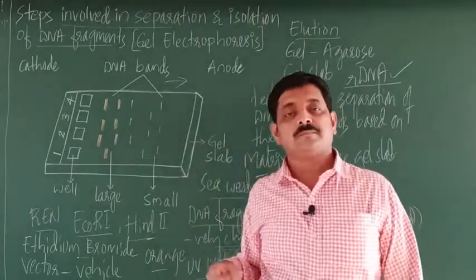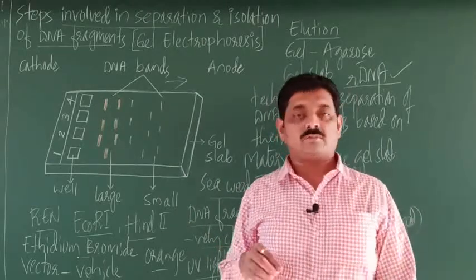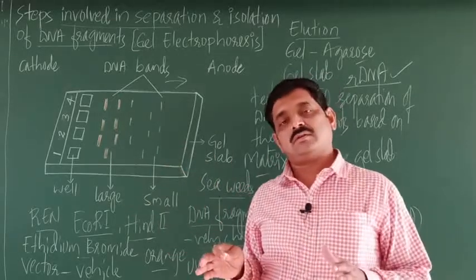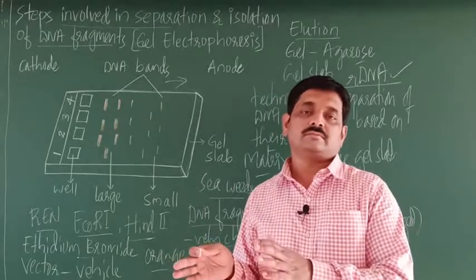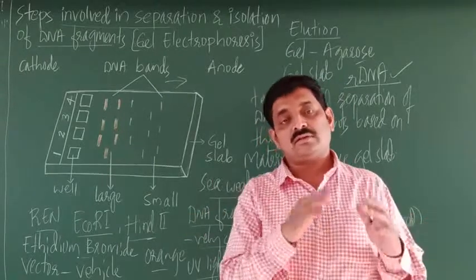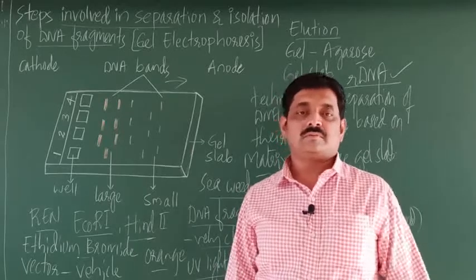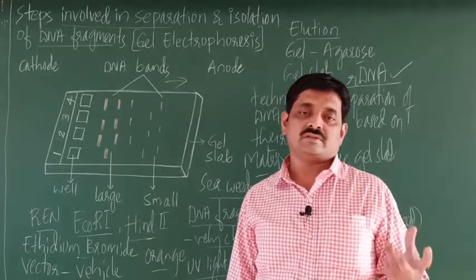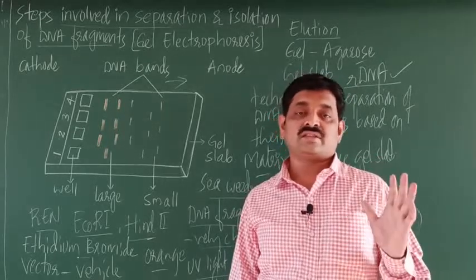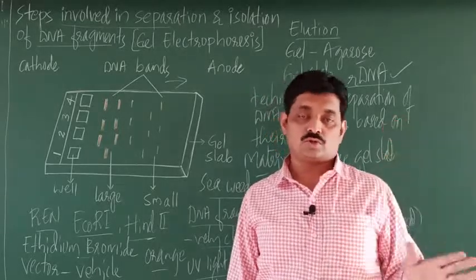So the desired gene is transported from where to where? It is transported from the selected organism, the organism that you select, to the host cell. This is done by a vector. Such vectors are basically plasmids. We have already discussed plasmids in brief in the previous video. So plasmids are used as vectors to transfer the desired gene from the selected organism to the host.